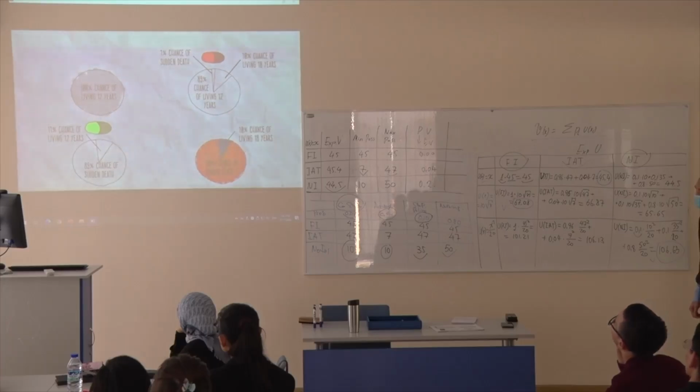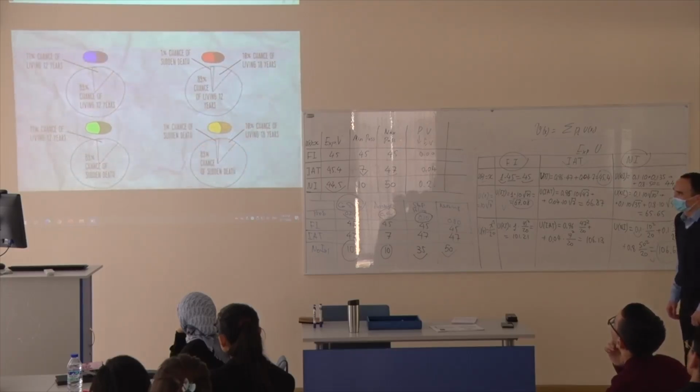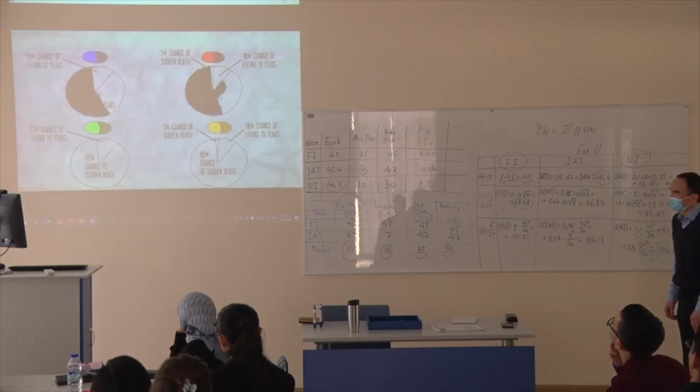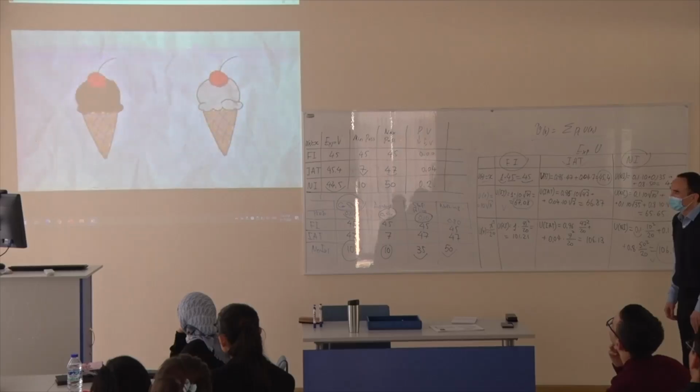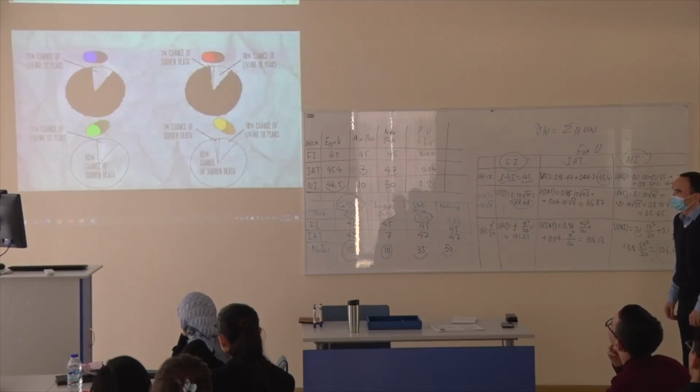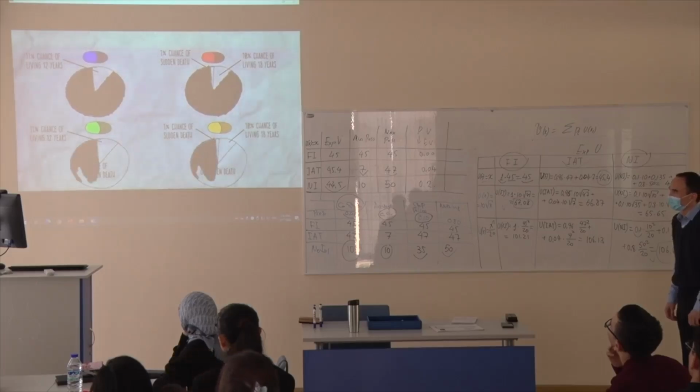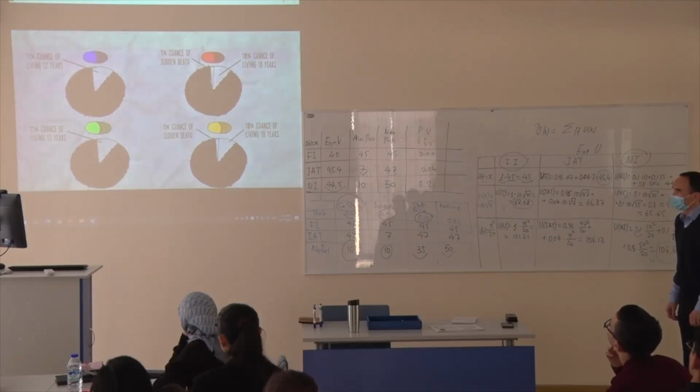But what if instead we write out the options like this? Now the options have something in common. In the first scenario, in both cases, you have an 89% chance of living 12 years. So if we remove that, your decision shouldn't change, right? Kind of like how removing a cherry from both ice creams won't change your favorite flavor. In the second scenario, both options have an 89% chance of death in common, so we should just be able to cancel those out too without changing your decision. Hold on, now both scenarios are exactly the same. But studies showed that most people chose the blue pill in the first scenario and the yellow pill in the second one, which doesn't make sense.